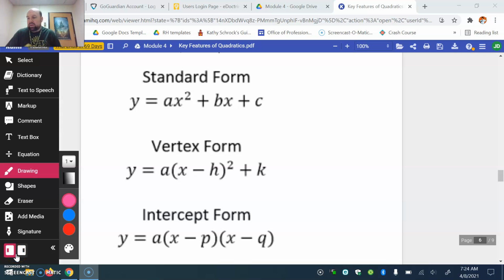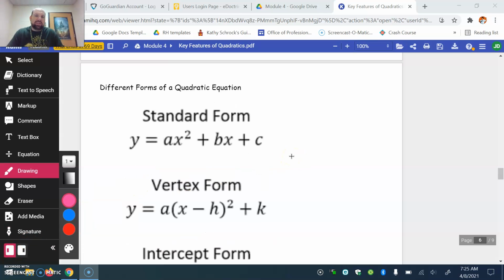Okay, welcome to the video for the second half of the key features of quadratic functions. This starts on page 6. Page 6 isn't really any notes or any work or problems to solve. This just shows you the different forms. So we have standard form, which we've already studied a lot and learned about these different parts of a